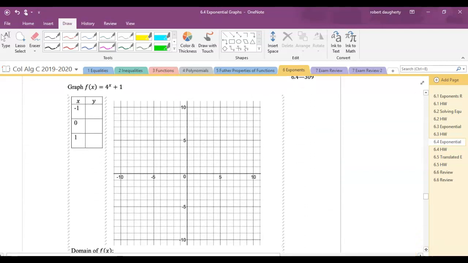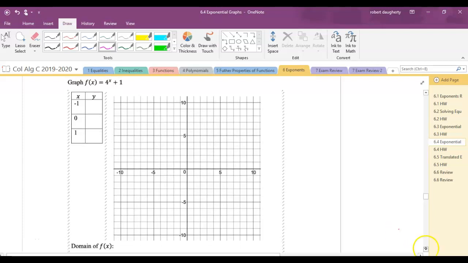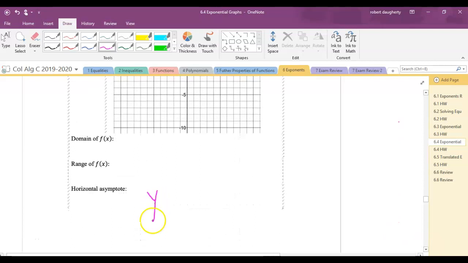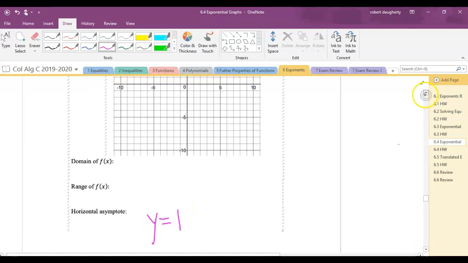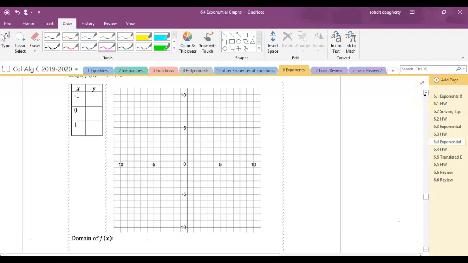Before I do anything, what is the horizontal asymptote? Y equal 1. Okay, so I don't want to miss that. So y equal 1. And what that can do, that can help me with my graph. I know there's a horizontal asymptote at y equal 1. Okay, so